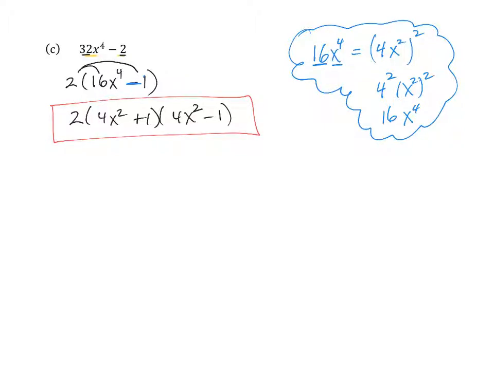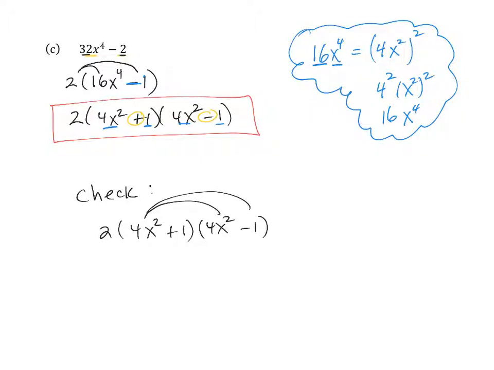And 1 is a perfect square as well. 1 times 1 is 1. The way that we factor those is we take the square root of the first term plus the square root of the second term, and then the second parentheses is exactly the same things, except we have addition in one, subtraction in the other. Okay, so that's how we're going to factor it. Let me just show how I would check that. Okay, so I'm going to take and distribute my 4x squared to both terms,